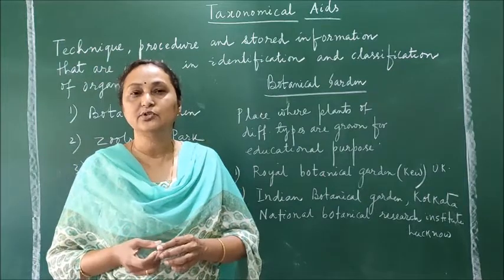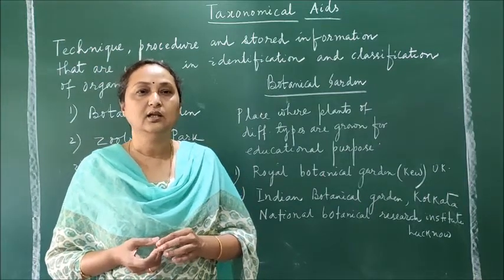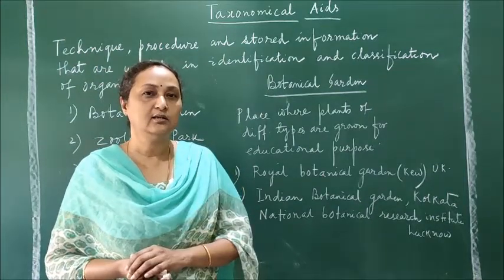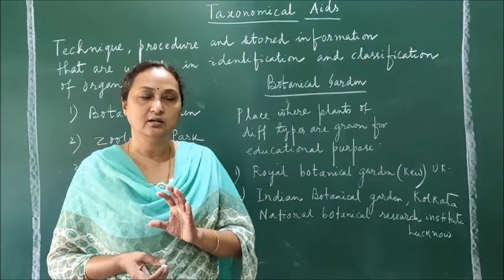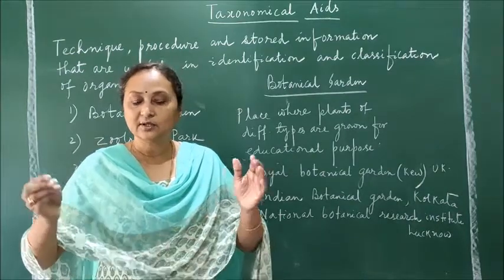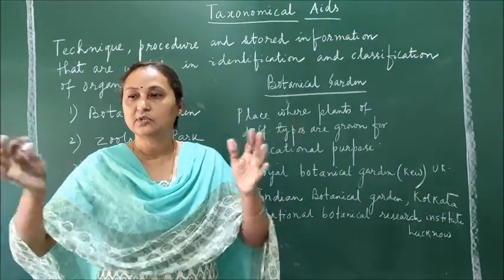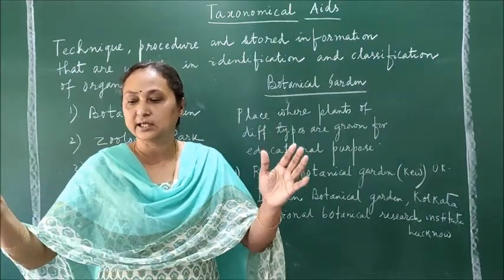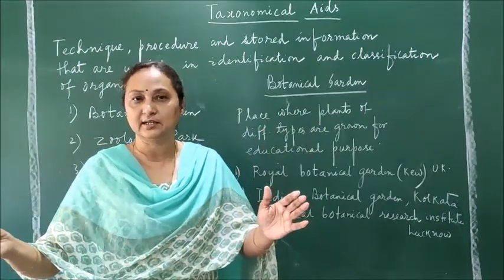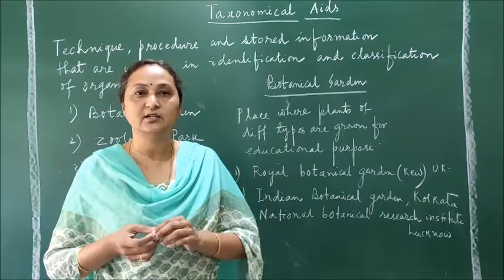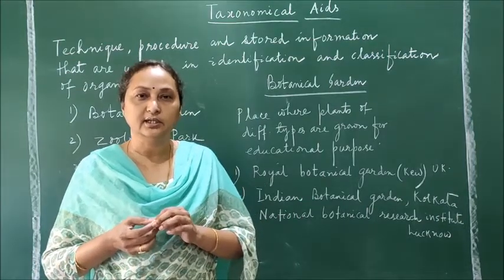And in the banyan tree which is there in the Calcutta Botanical Garden, the main trunk is not there. The main trunk has decayed or decomposed, and you can find only the branches having so many prop roots, which actually help the plant to stand erect. So that is the unique feature of the banyan tree which is there in the Kolkata Botanical Garden.